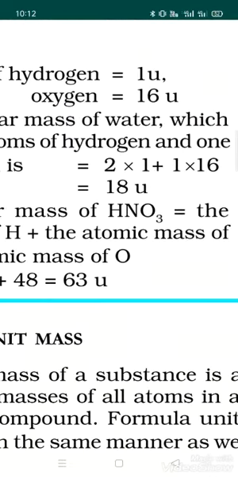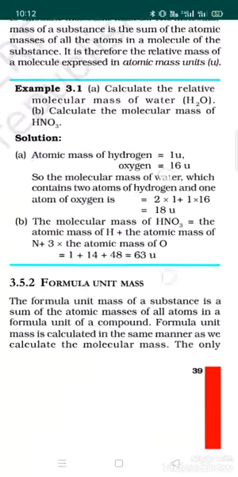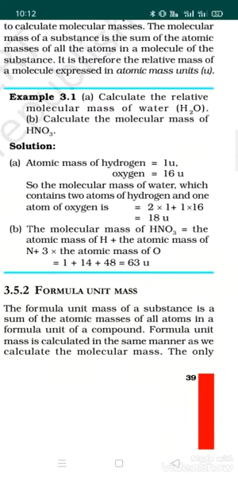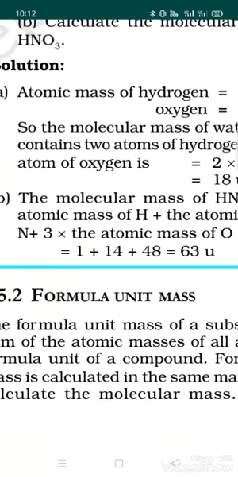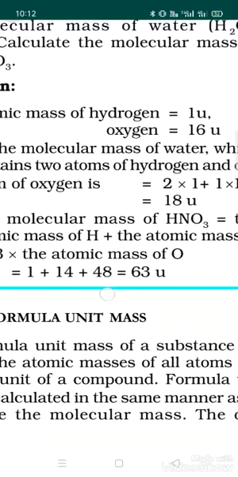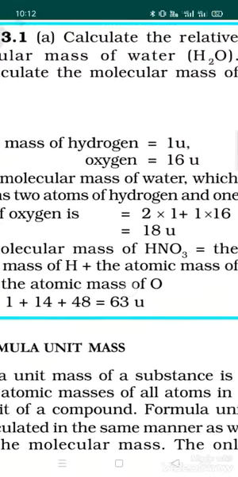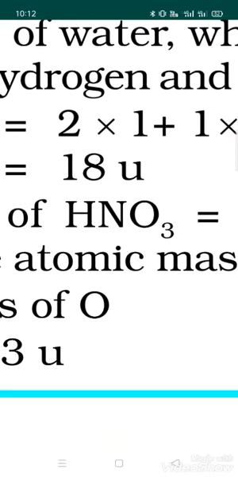This is very simple. The atomic mass of hydrogen atom plus atomic mass of nitrogen atom plus 3 into the atomic mass of oxygen. Why do we multiply 3 with the atomic mass of oxygen? Because here you can see 3 atoms of